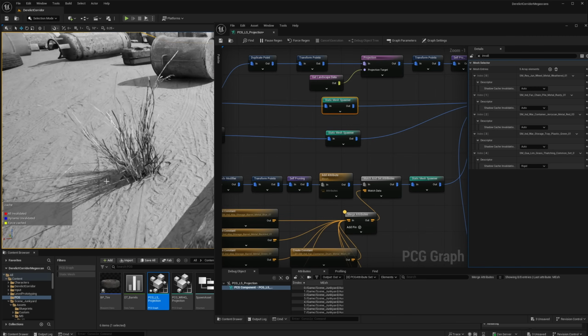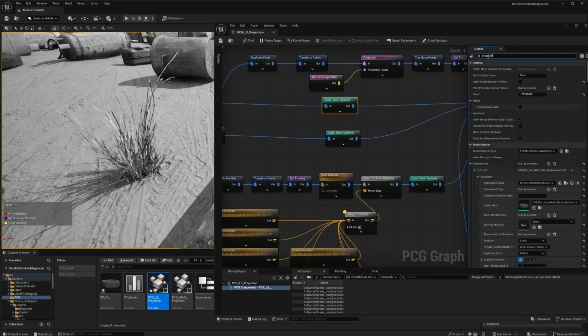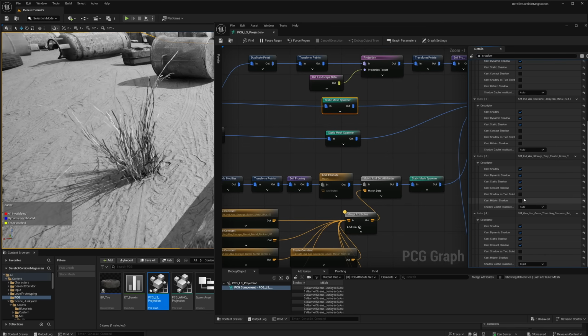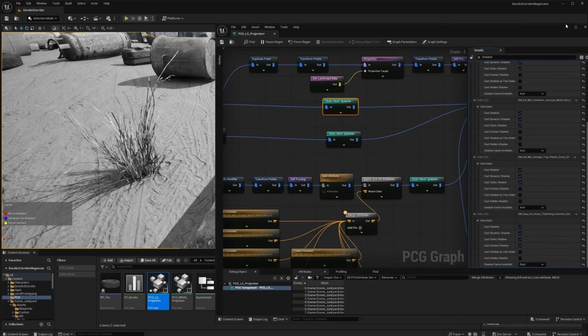If you want to have some animation on the shadow, you can enable, let's search for shadow again, and you can see that cast contact shadow is marked for every object. Let's remove it for all of them and leave just the grass. And right now, if I